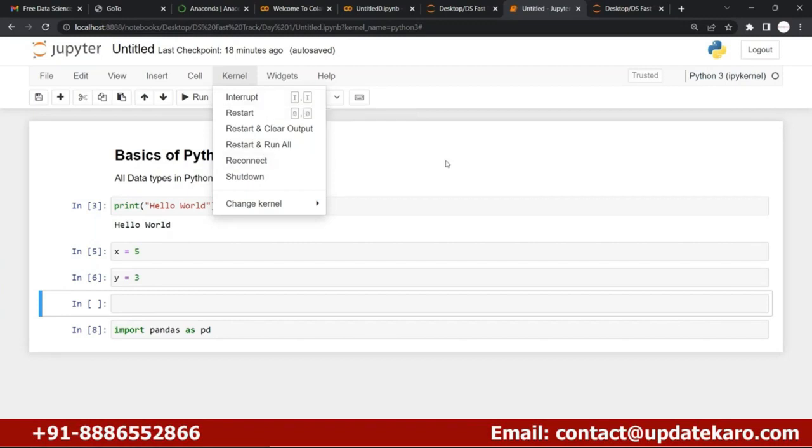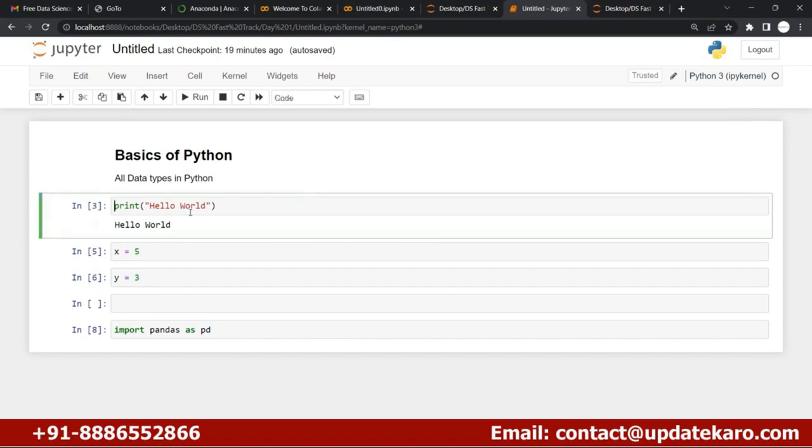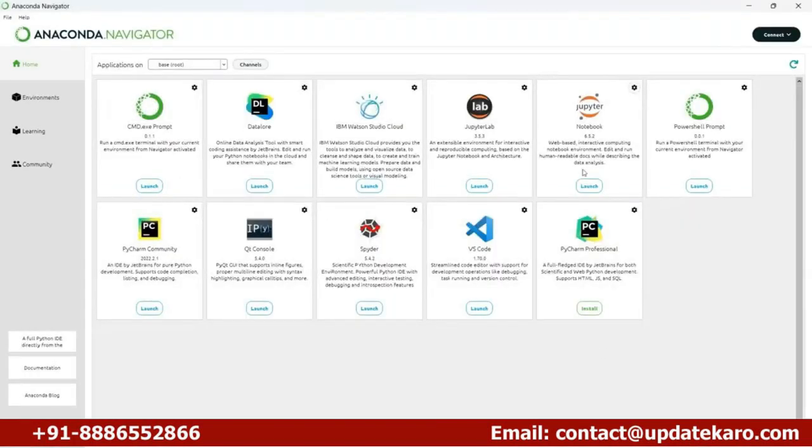Okay, so guys, kernel is the thing. Kernel is nothing but one piece of software that can help us run this particular code in the Jupyter notebook. Like in the Navigator, you will see that there are so many things. For each and every one there is a kernel, and the kernel will help you to run your code